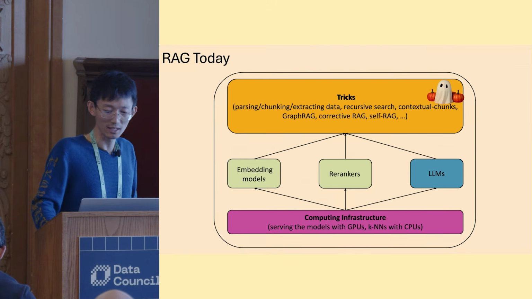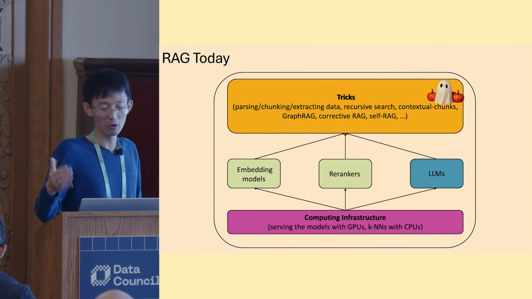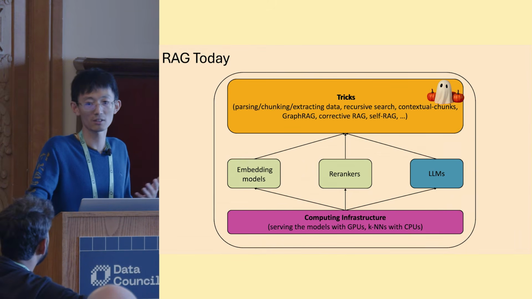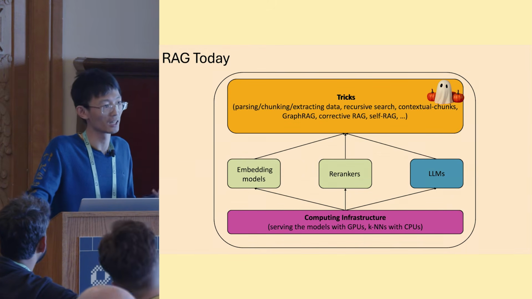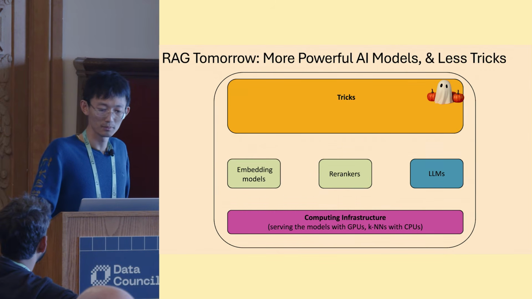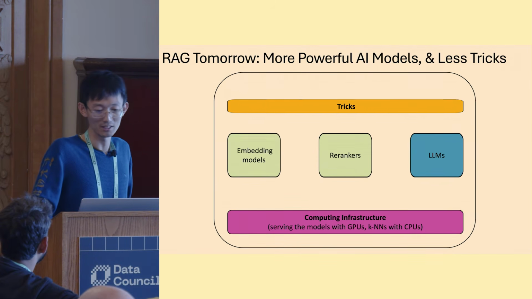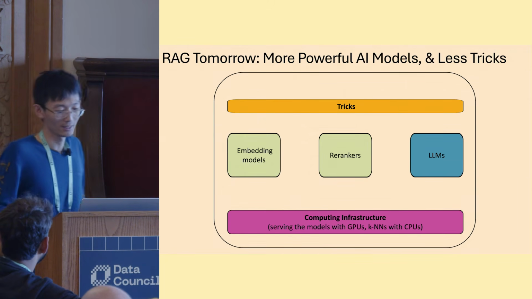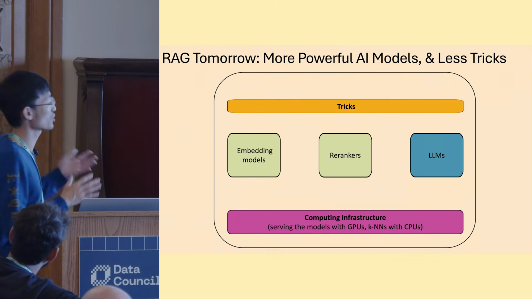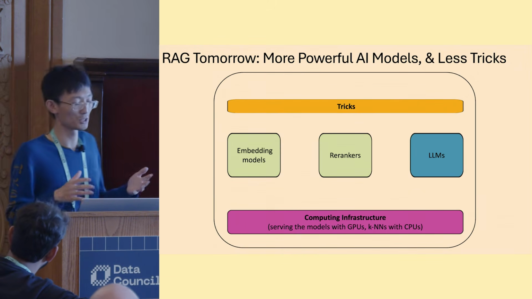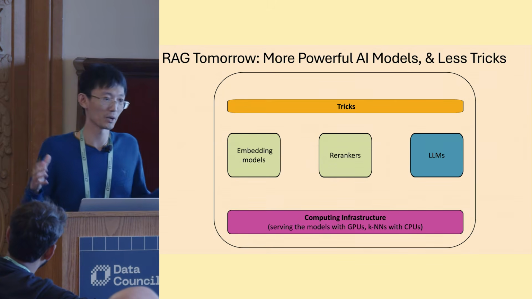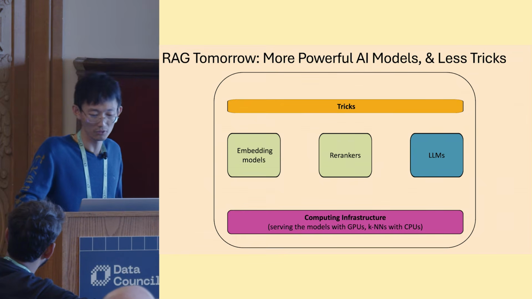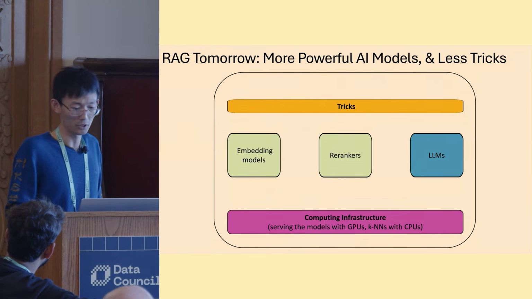My vision is that the models should do more work. It should be more out of the box. The reason why it's not the case is that currently the embeddings are still not good enough in some sense. My hope at least is that the tricks will be reduced, and the models will be stronger, and it's a much cleaner, standardized and mature paradigm, so that everyone can just plug in the embedding models with the right config, and then you solve your problem very accurately.